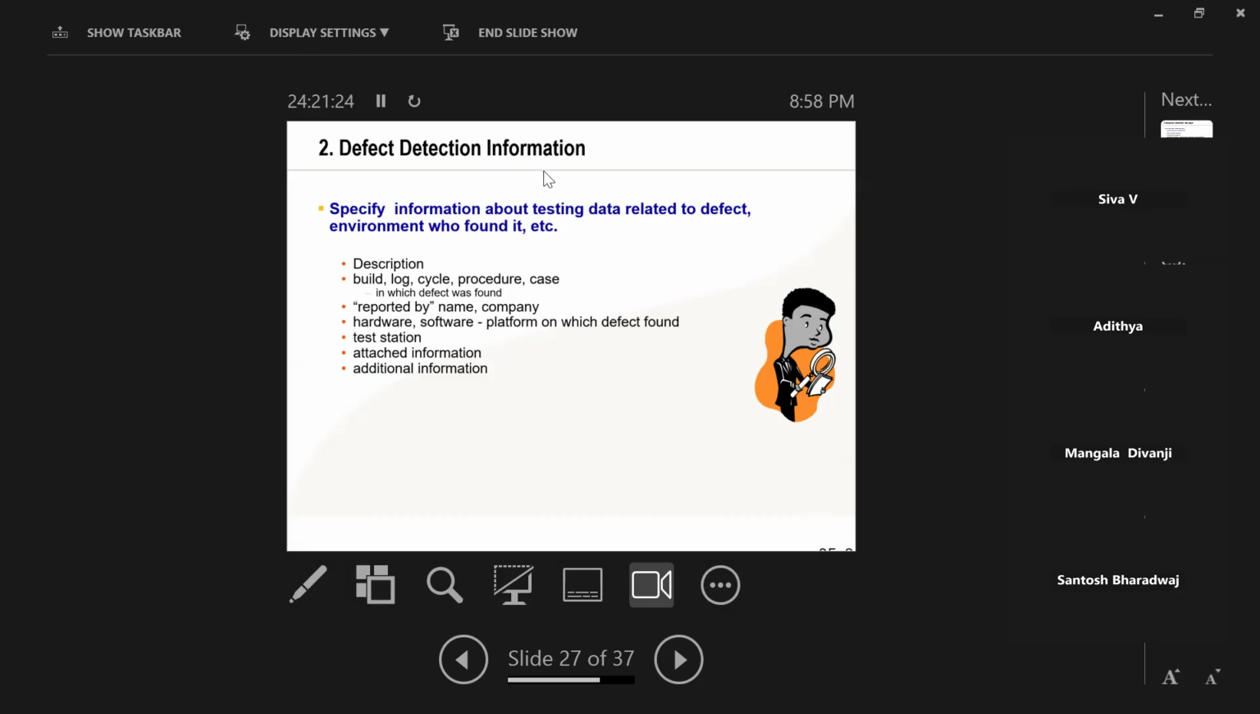Okay. Defect detection information. Specify information about testing data related to the defect: environment, who found it, description, and then build, log, cycle, procedure, case in which the defect was found, reported by name, hardware, software, platform on which the defect was found, test station, attached information. At a high level, you provide the description and then the information, reproducible steps, and then